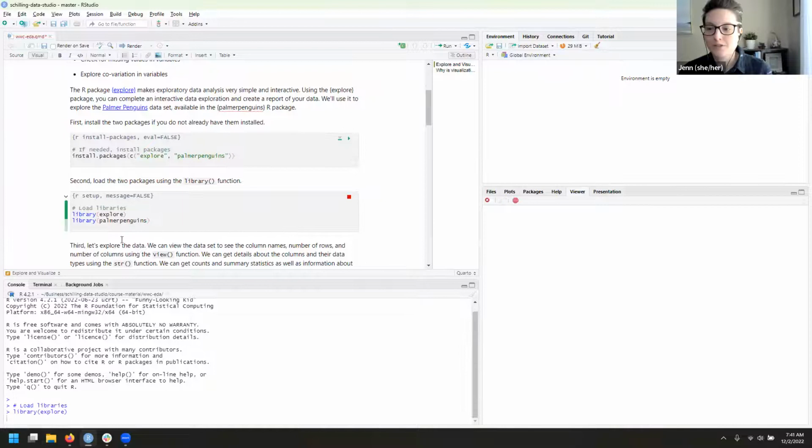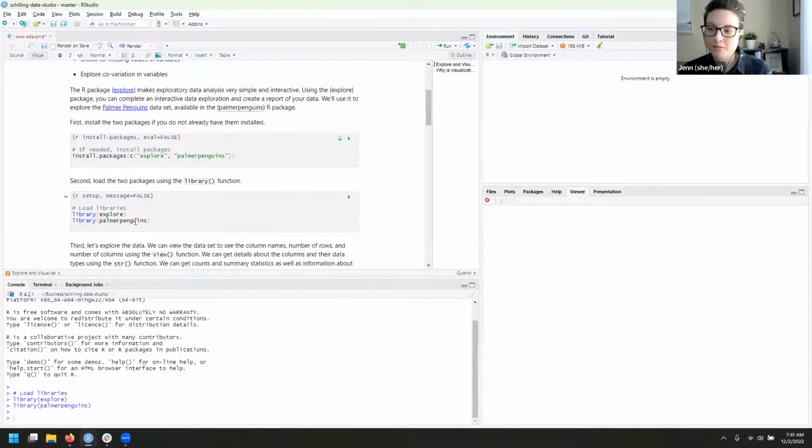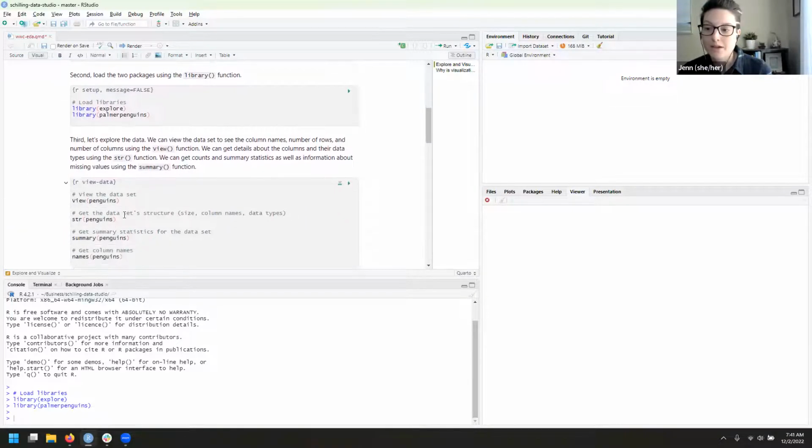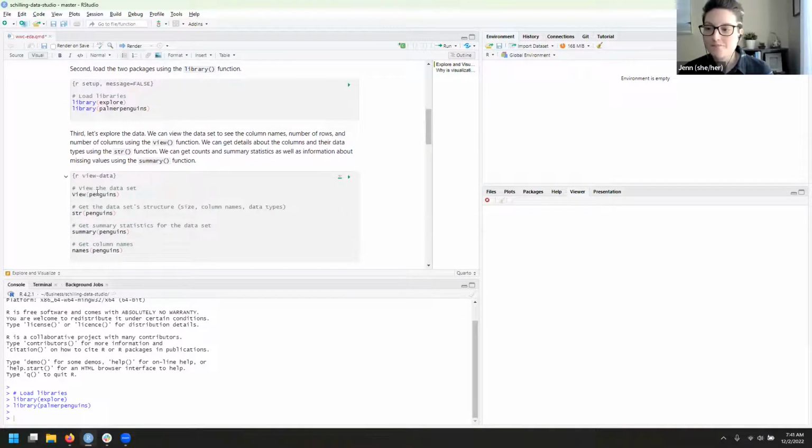So in this first code chunk here, I'm just going to load my Explore and Palmer Penguins packages so I can access my Penguins data. So now we need to start looking at our data. And some basic things that we can do is we can use the view function to just view a table